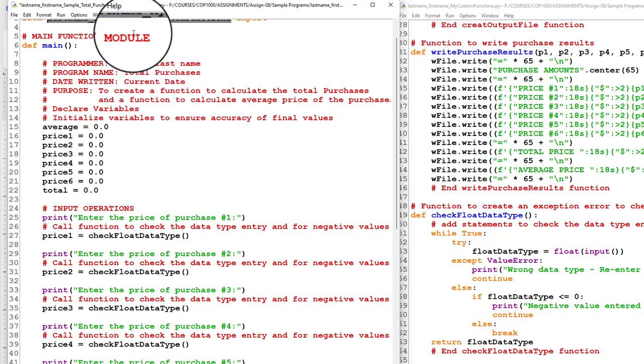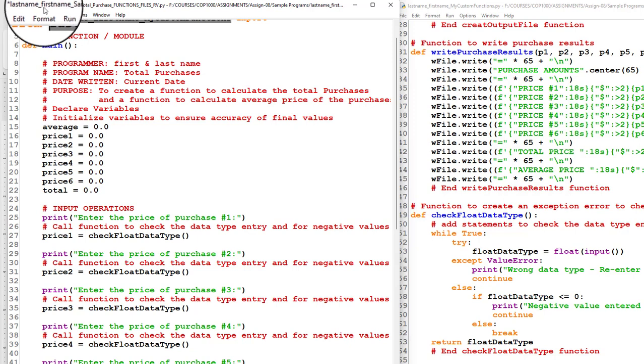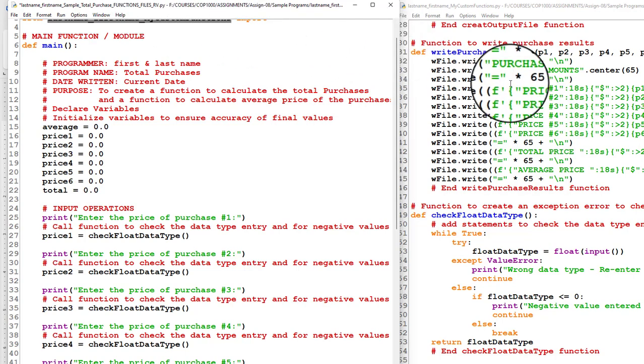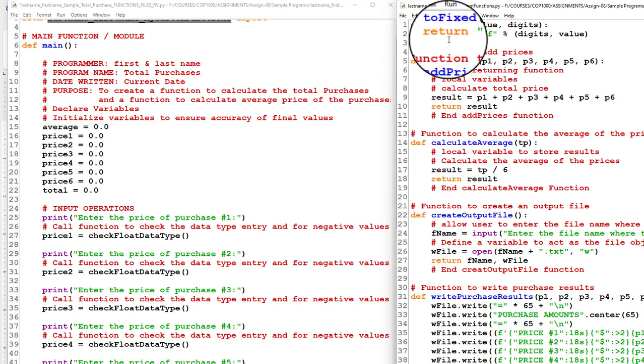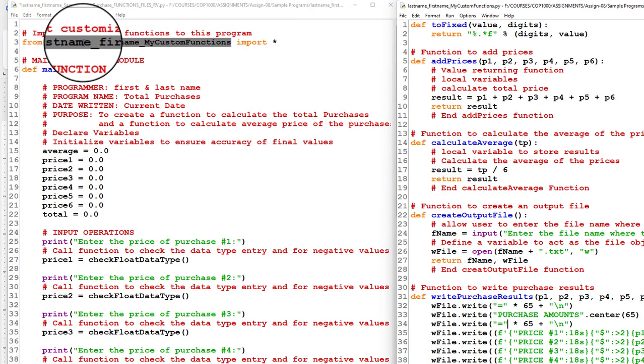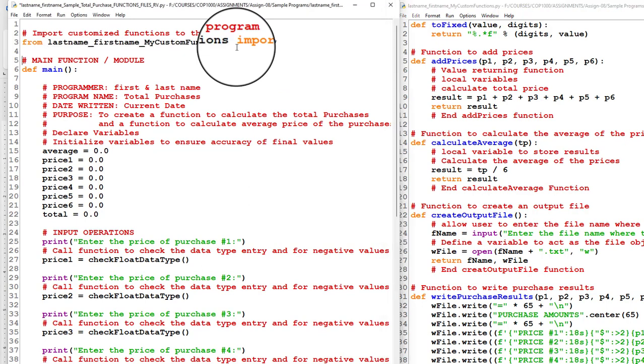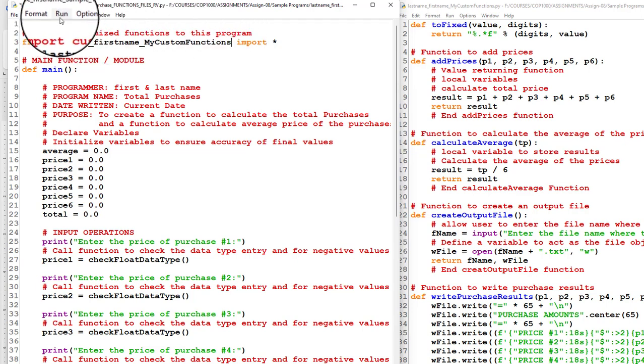So we have two files. The one on the left side of this screen is the last name, first name, sample total purchase functions file, RV or revise. The one on the right contains the customized functions. And you notice that when I did from last name, first name, my custom, I didn't put the .py. Now, please do not do that. The program already knows that it is a module for Python. It's a Python program. We're going to click run,